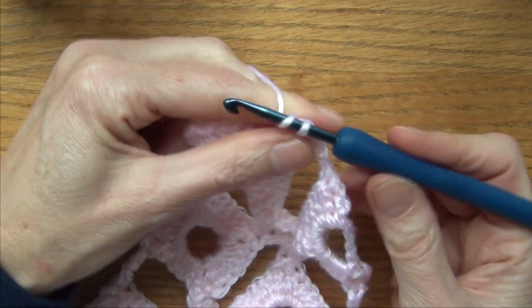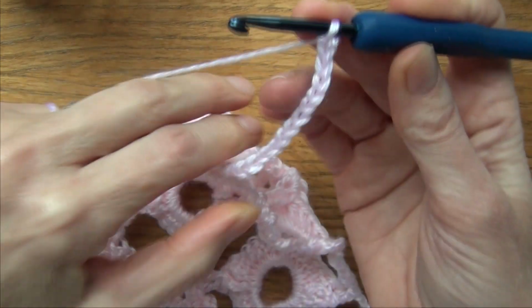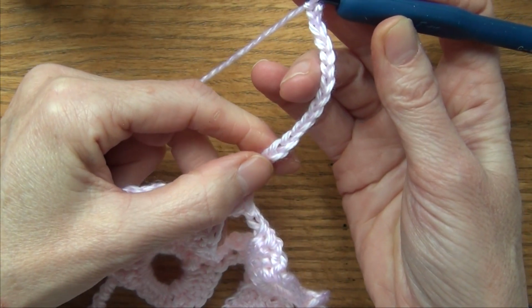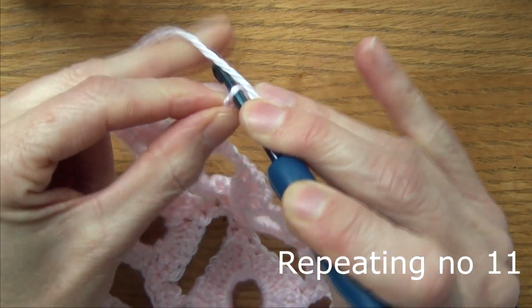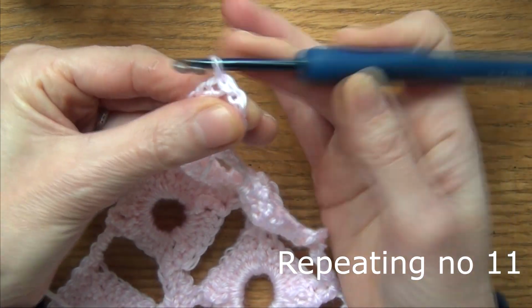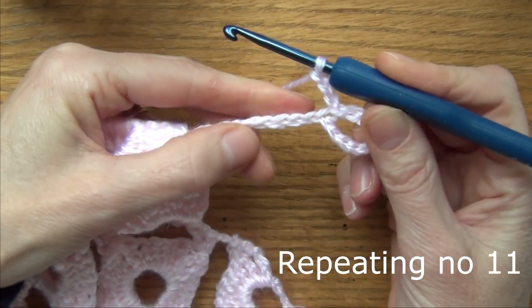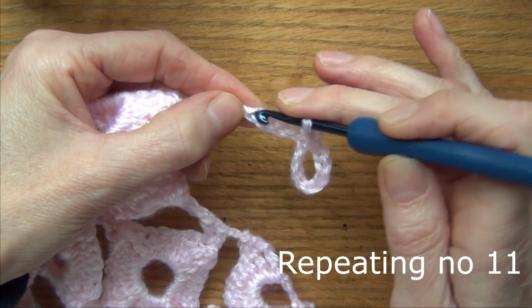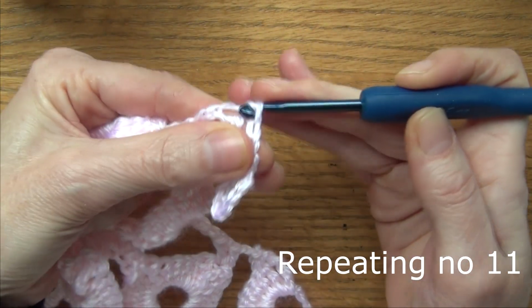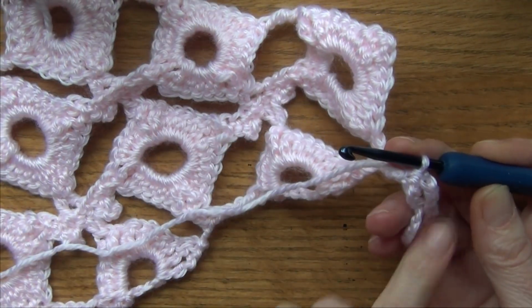So you've got to do your 16 chain. So 1, 2, 3, 16. And I know I need 2 and 1, 2, 3, 4 for the bottom. So I'll go into this one, slip stitch, chain 3, and go up 4. I need 2 left there, so I know it's going to be over here. Slip stitch in there, turn this up so that you can get into your circle over here,